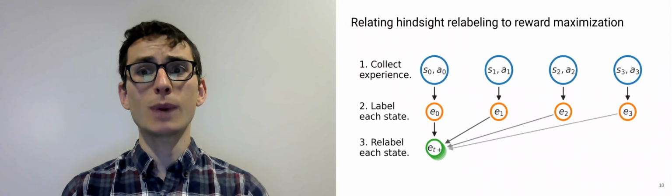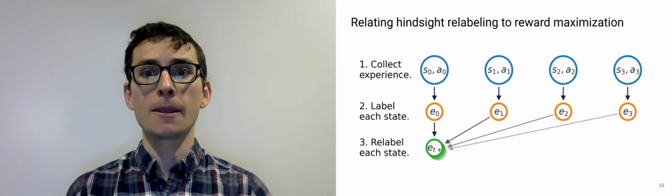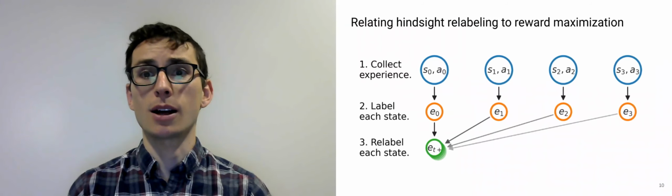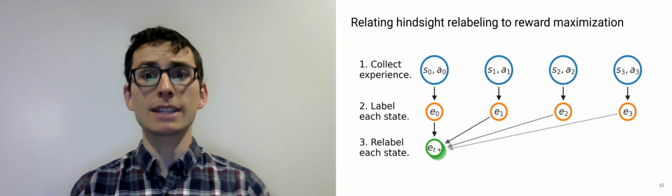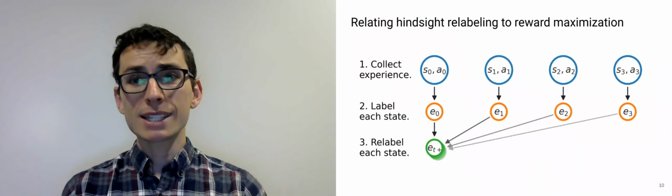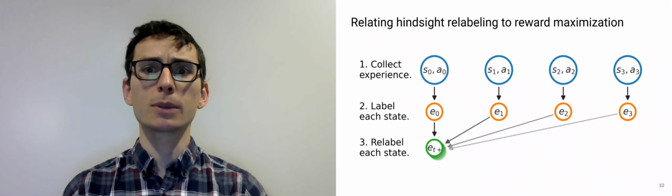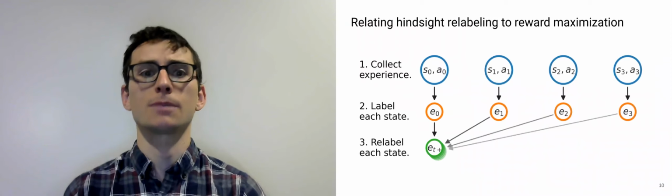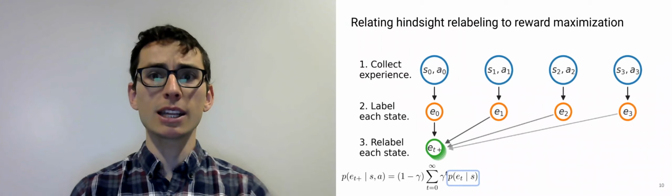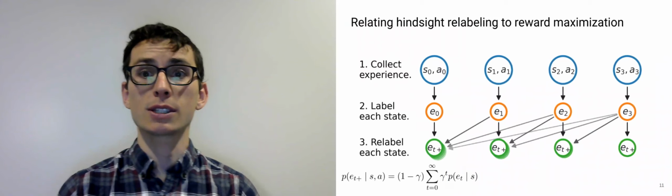Now, what we really care about is what happens after we visit a certain state and action. So after the first state and action, there are many possible labels that happen, each corresponding to a different XY location of the block. And so we might say that this first state and action were good for achieving these different block locations. Now, we're going to sample one of these future labels and call it E_{t+}. And we'll place a higher probability on sampling one of the outcomes in the near-term future. Precisely, I'll use this geometric distribution, where the term in blue says, look at the label that occurred t steps in the future. We then go and relabel all of the future states as well.